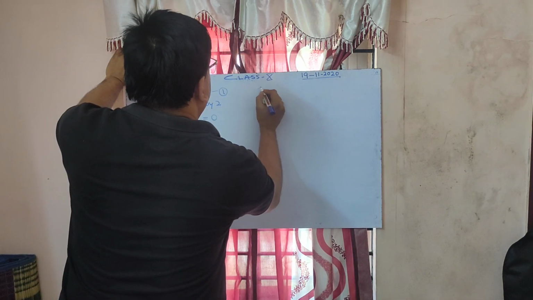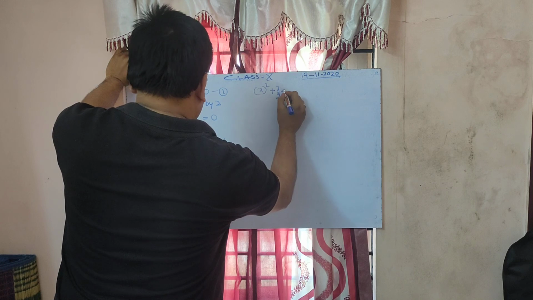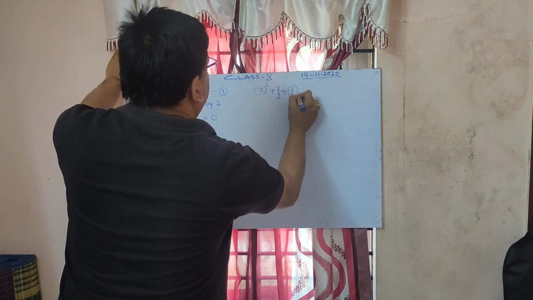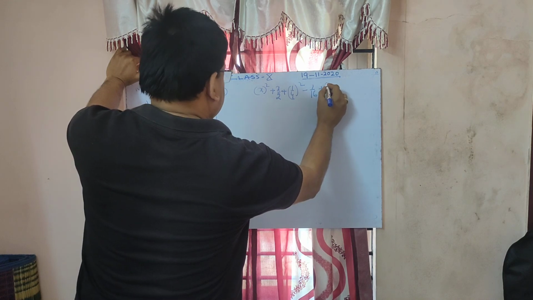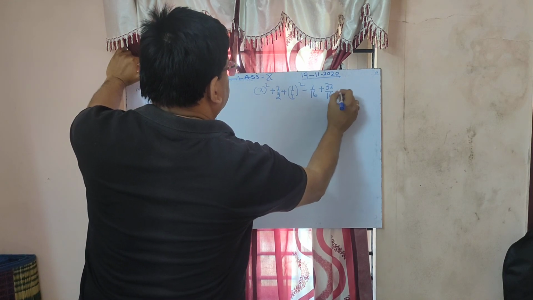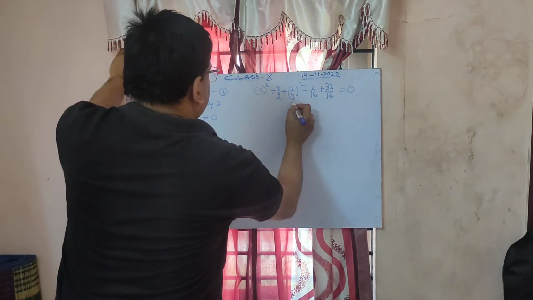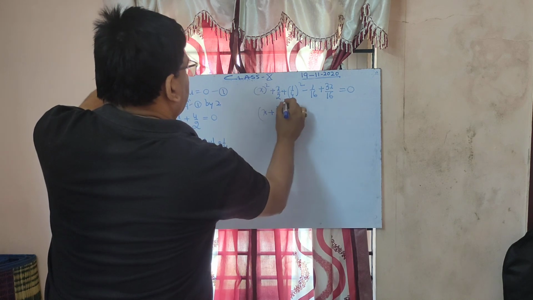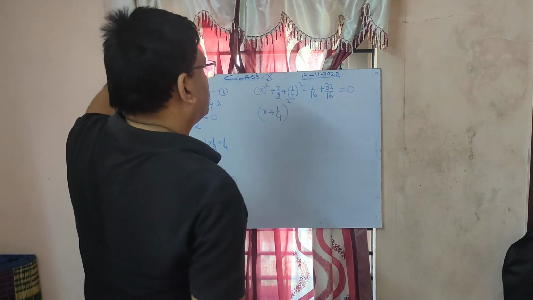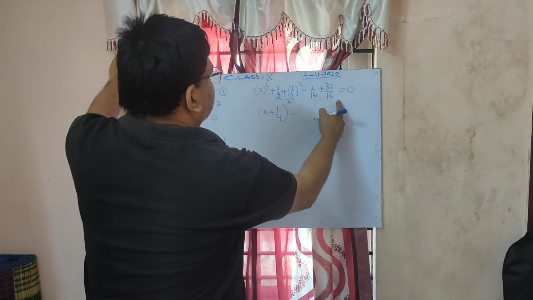So x plus 1 upon 4 whole square minus 1 upon 16 plus 32 upon 16 is equal to 0. This could be written as x plus 1 upon 4 whole square, minus how much is it? Base is same, 30